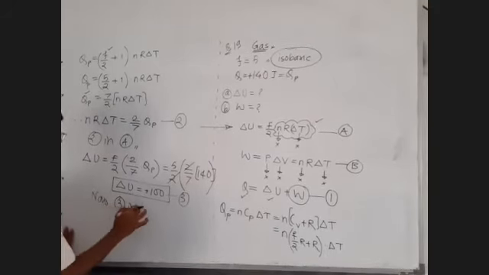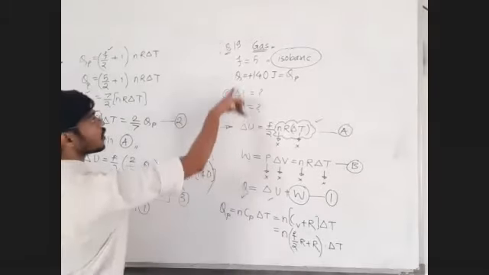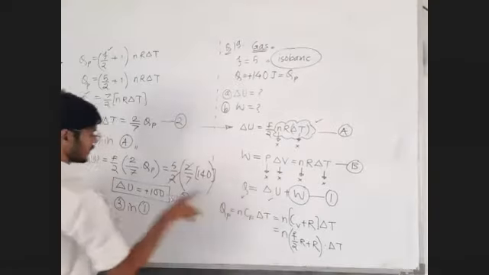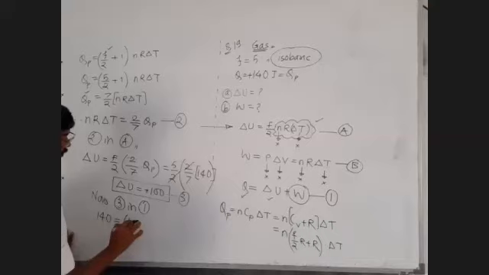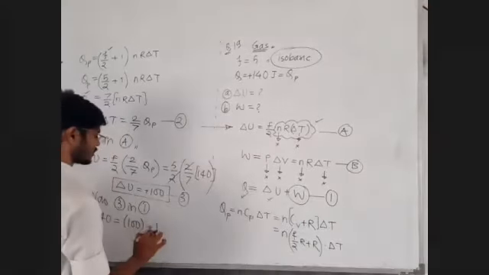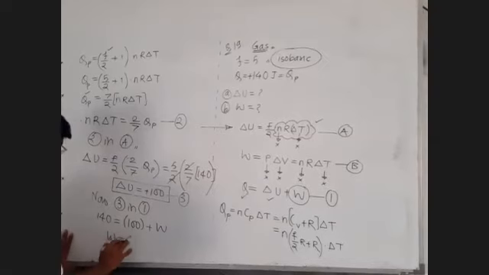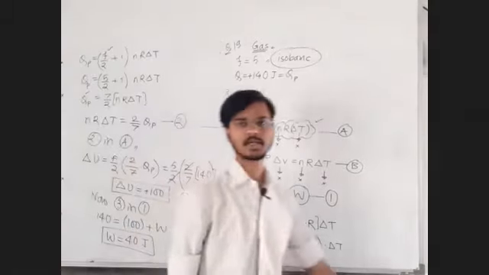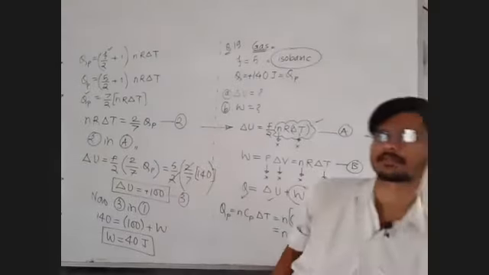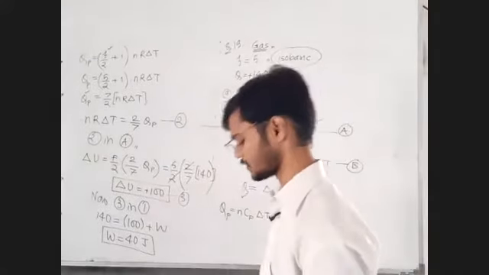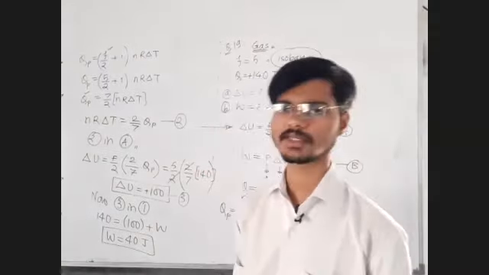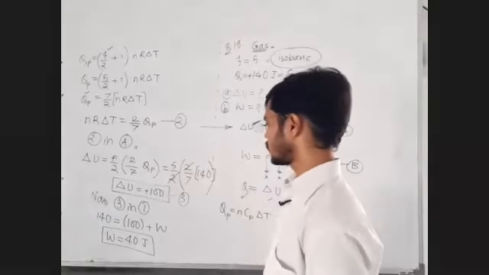Now equation 3 in equation 1, what is Q or what is QP? It is 140 joule is equal to, what is delta U? Sir, delta U is plus 100 plus this W as it is. So W will be equal to 40 joule. It came out to be positive. It means volume of the gas has increased. Whenever volume of the system increases, let it be gaseous, solid, liquid, anything, work is positive.